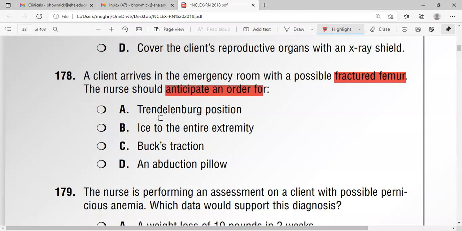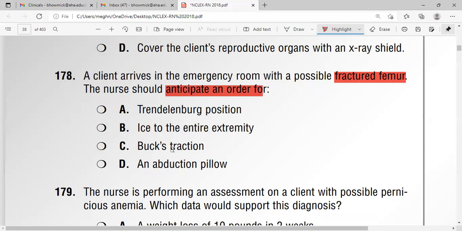So what should be the ideal position? Number A said Trendelenburg position. So in Trendelenburg position, usually the body is supine or flat on the back on a 15 to 30 degree incline with the feet elevated above the head. Number B, ice to the entire extremity. Number C,